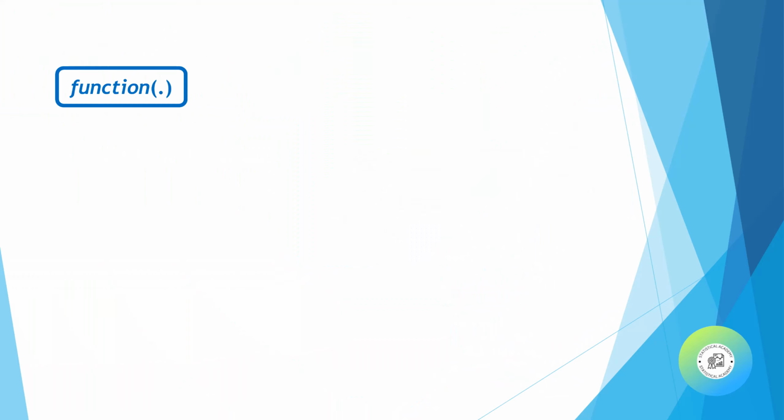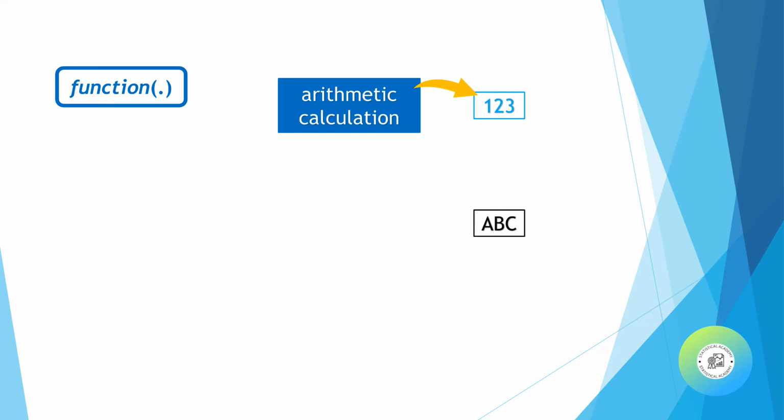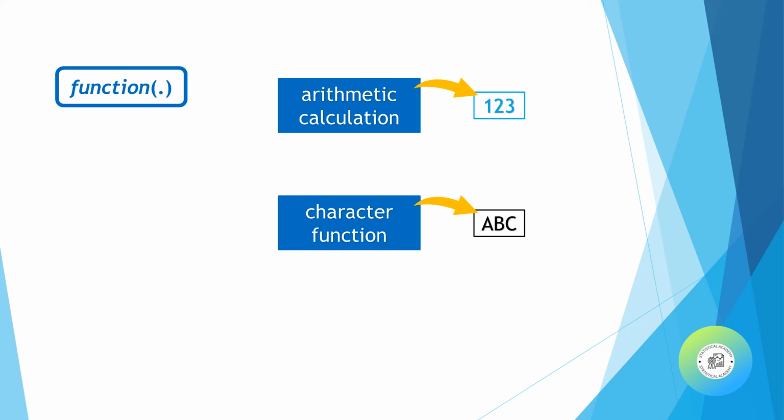SAS offers some functions that have specialized purposes. Let's consider a very common issue, dealing with variable type. You know that variables in SAS are either character or numeric, and there are certain actions that depend on data being specifically character or numeric. For example, arithmetic calculations require numeric values, and character functions, such as substring or scan, require character values. What happens when you try to perform an action in the data step on a variable that isn't the proper